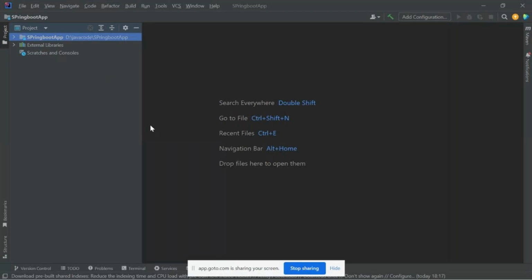Is my screen visible? The IntelliJ screen? Can anyone please confirm? Is my screen visible?